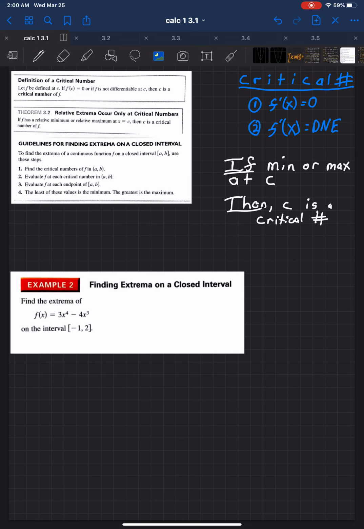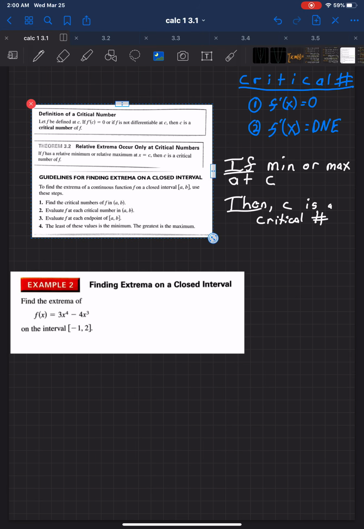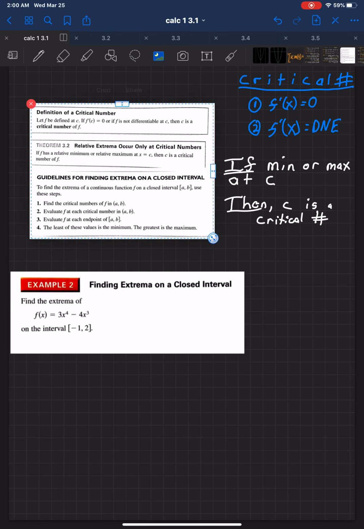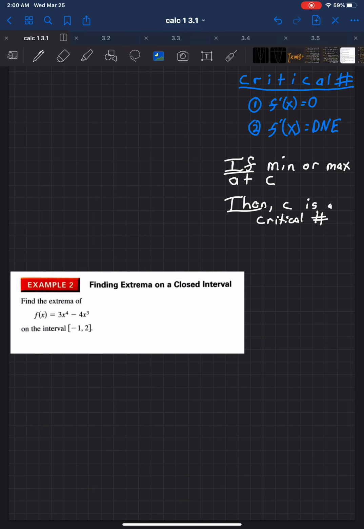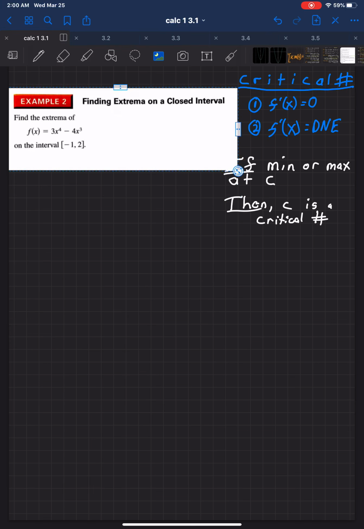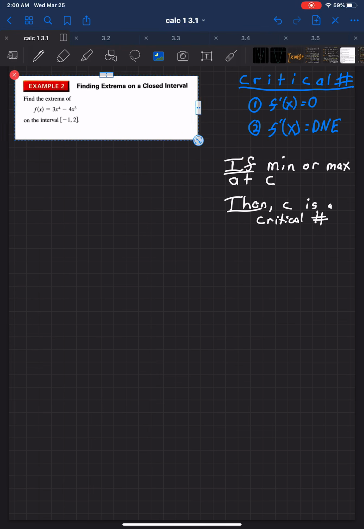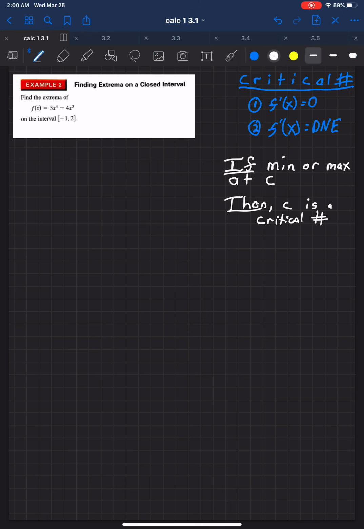So let's see if I can. Let me get rid of this for right now. Bear with me here as I learn my technology. I'm going to copy it so I can get rid of it. I'll bring it back if I need it. So actually, all of this work, all of this time with these definitions, because this is actually really good news.